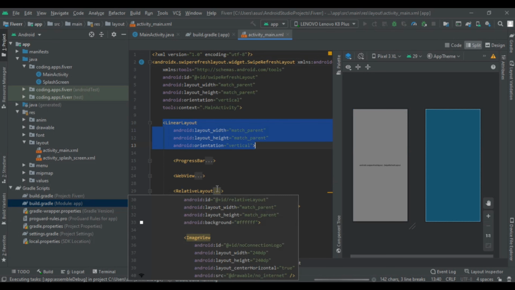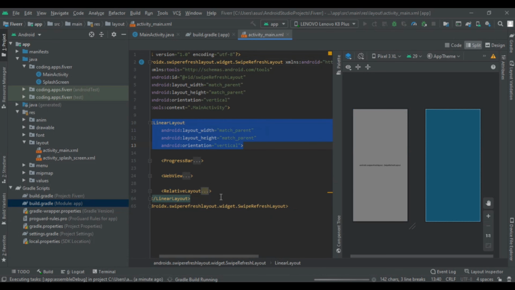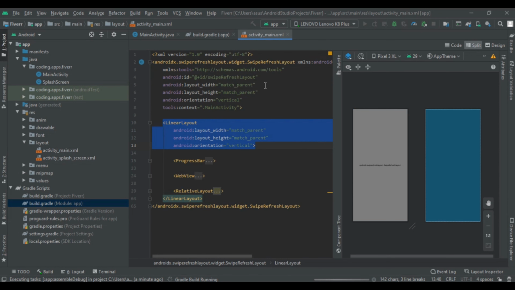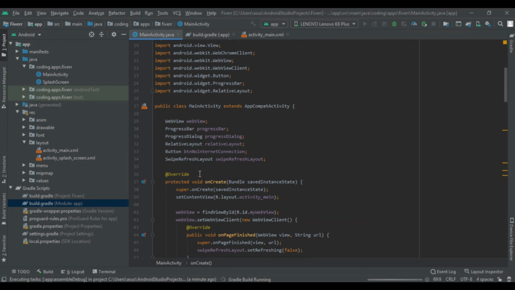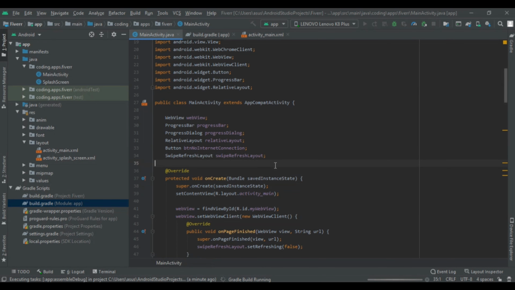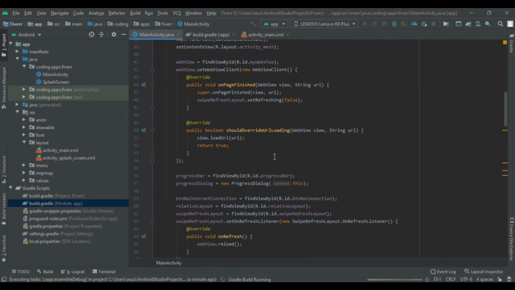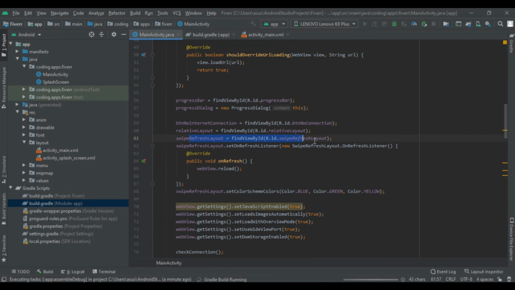Now we had added the id to our refresh layout. In our MainActivity.java we had added this swipeRefreshLayout, and then we cast it here. After that we added the setOnRefreshListener and created a new SwipeRefreshLayout.OnRefreshListener. Then it auto-generates the onRefresh method. So here we are reloading our web view.